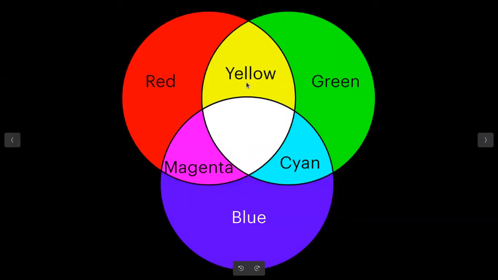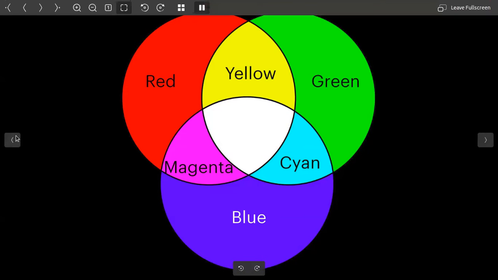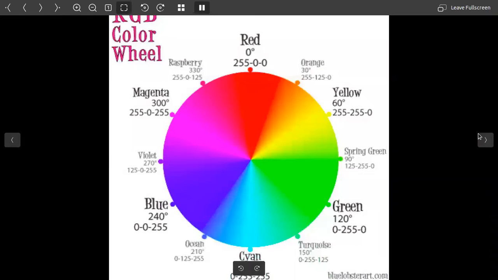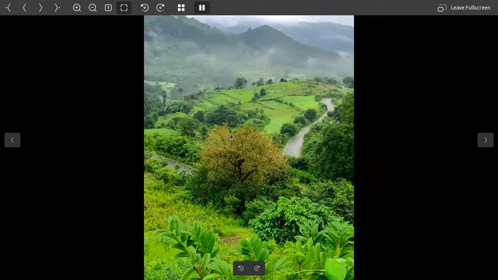Why are we discussing this? Let us say we want to add some specific color to a photo. This is our example photo, and we want to add green to it. How to do that?